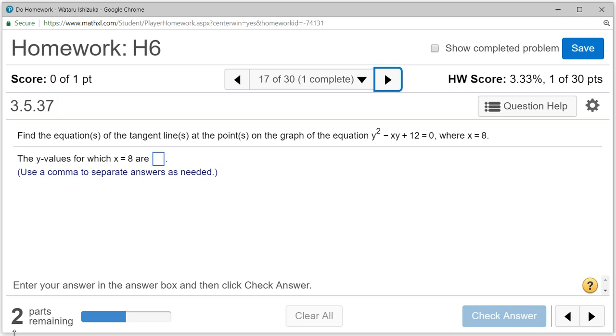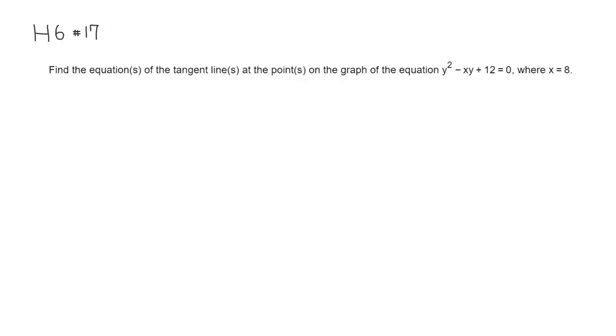Alright, let's look at homework 6, problem number 17. We want to find the equation of the tangent lines at the points of the graph y squared minus xy plus 12 equals 0, where x equals 8. First we want to find the corresponding y values when x equals 8. So let's do that. We just need to plug in 8